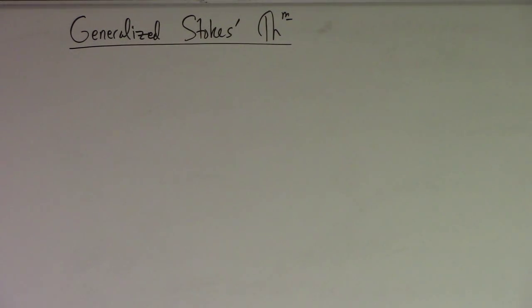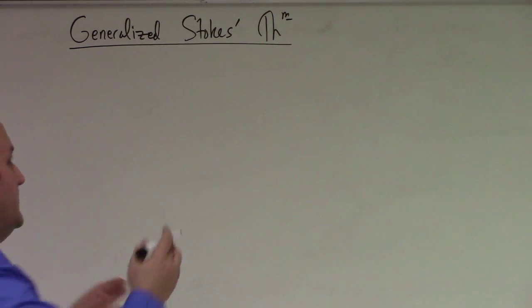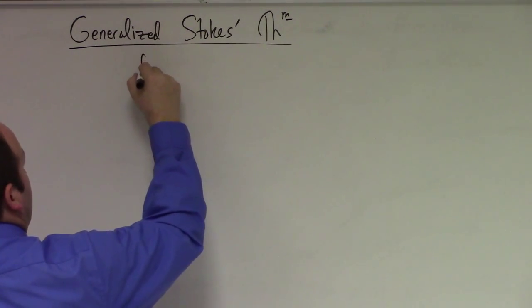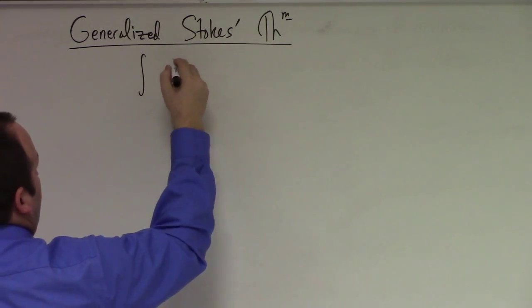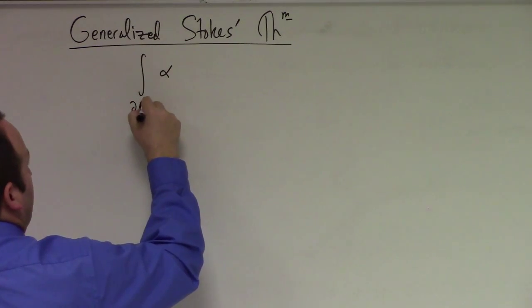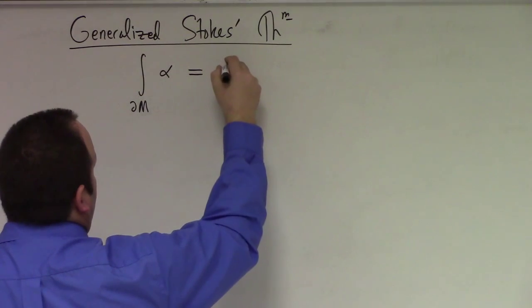Apparently, I just reached my limit for topology in a given class. All right, so the generalized Stokes theorem. What does it say? One of the things that we're going to describe next class is carefully how you define the integration of a form over a subset of Rn. It's basically built around using these chains we've been talking about. But just to get to it, here's what it is. If you integrate a p-form alpha over the boundary of a certain manifold, it's equal to the integral over the